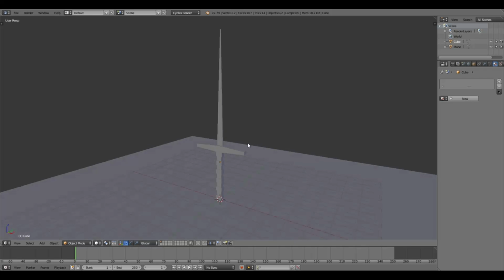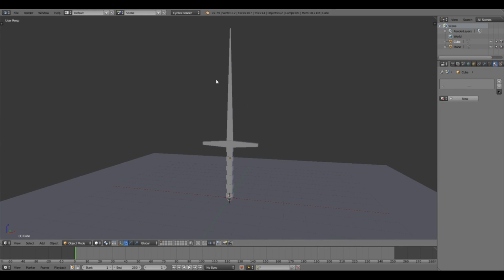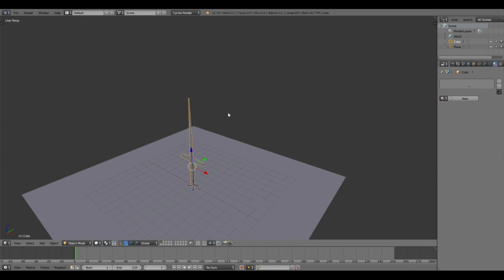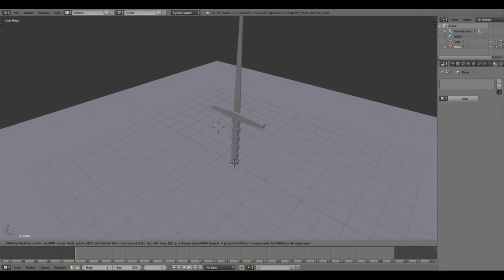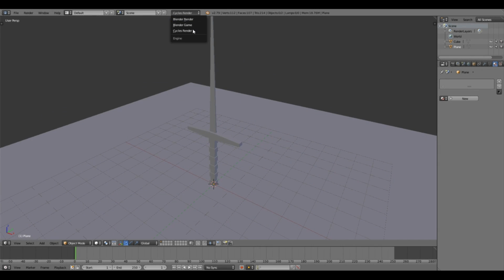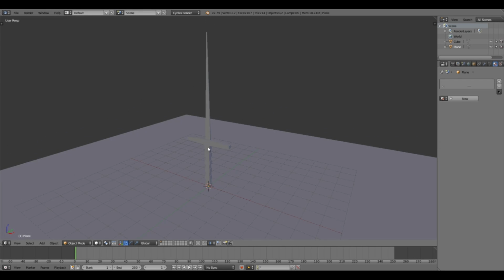So, I went ahead and threw a little scene right here together. I created this little sword in less than a minute, and then threw a plane here for a reference, so you can see the actual effect. So, in order to do this, first of all, for Cycles Render, you switch to Cycles Render, obviously, and then